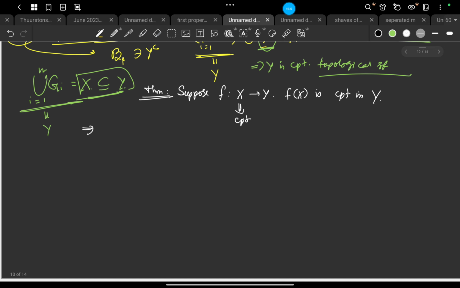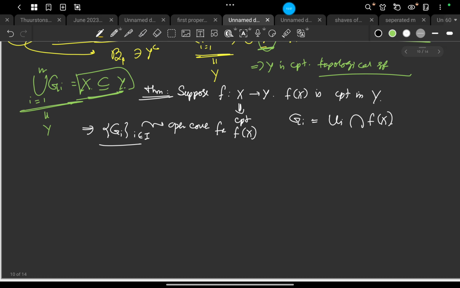So let us consider that Gi, i belonging to the index set I, is an open cover for f(X). So each Gi must be of the form Uy intersection with f(X), for each Uy.